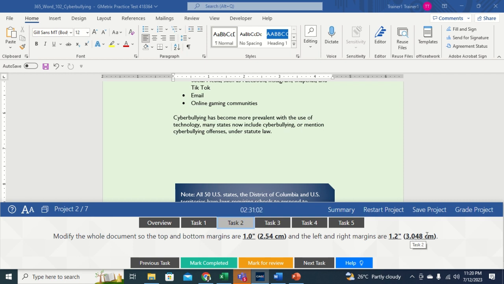So to do this, you go to the layout tab,